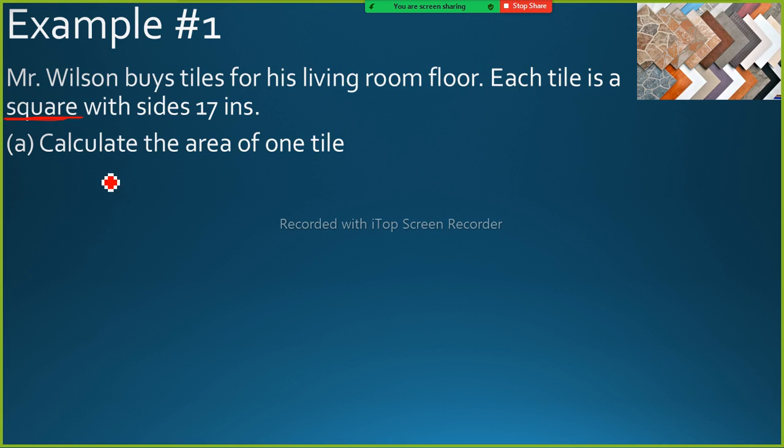Okay, so we know that the length of one side is equal to 17 inches, and so that means that the area of one tile is going to be equal to